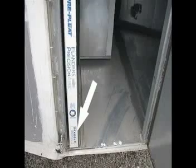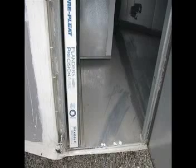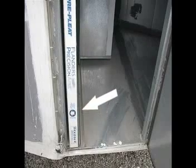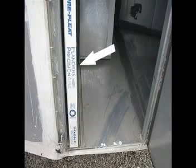Here's an example of a two-stage side access application. You have a 2-inch track and a 1-inch track. Your 2-inch track is for your pleated filter. Your 1-inch track is for a more efficient primary filter, and in this application the product of choice was a